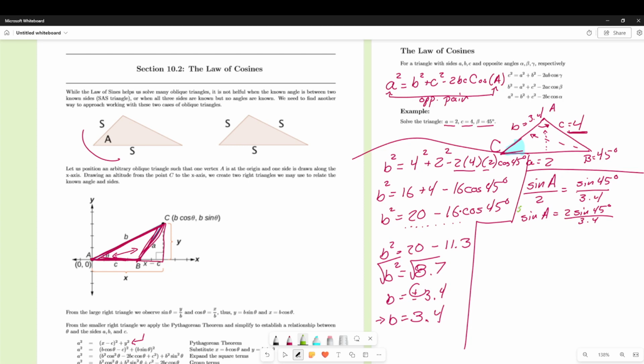So a little sine inverse, and we'll get our possible answers for A. Notice again I'm saying possible answers because we're going to use sine inverse, so we always get two sets of answers. Sine inverse of 2 times the sine of 45 degrees divided by 3.4,